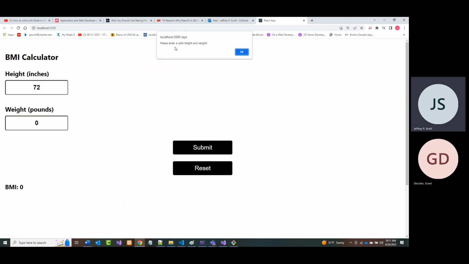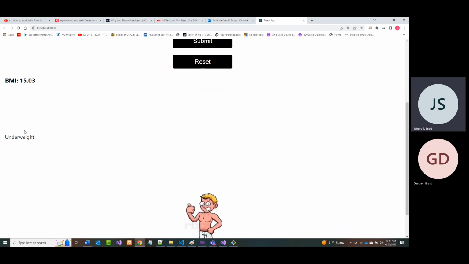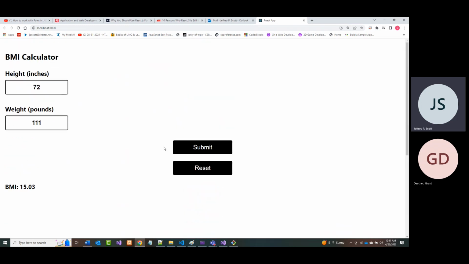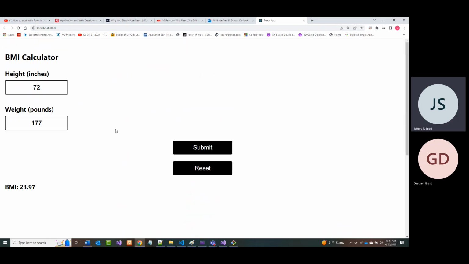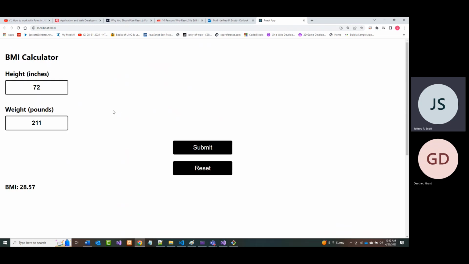So again, 72, and let's leave it at 0. We get our message: please enter a valid height and weight. Okay. 111. Submit. Underweight. There it is. There's our picture. So this is all goofed up space-wise. The one that you will get is okay. All right. 177. There's the BMI. Optimal. There's the picture. 211. There's the BMI. There's overweight, and there's the picture. And then finally,